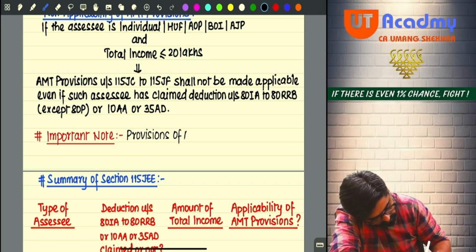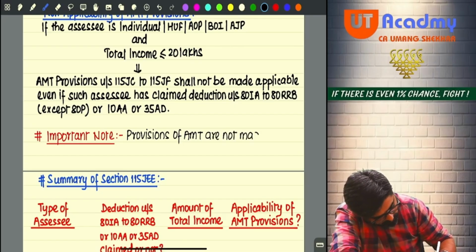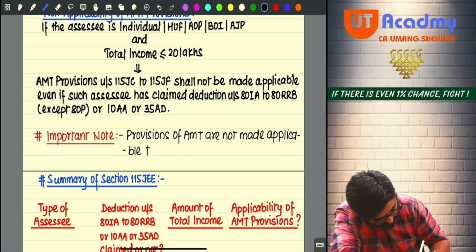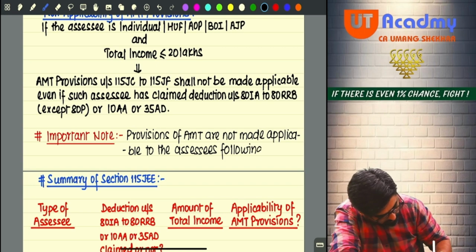Provisions of AMT are not made applicable to the assessees following